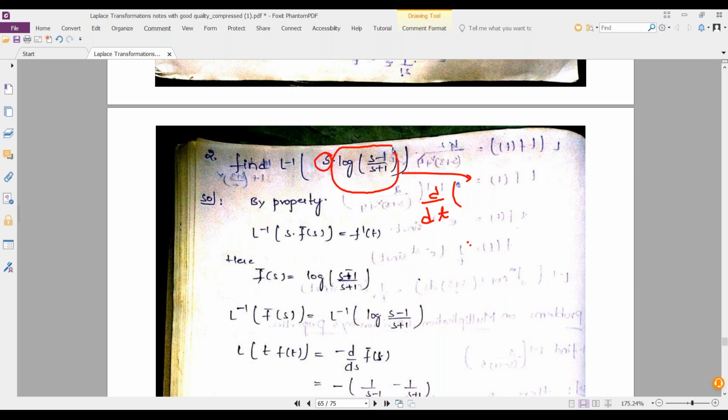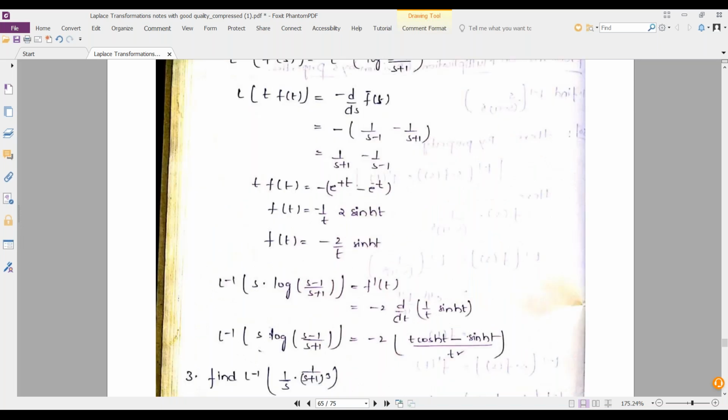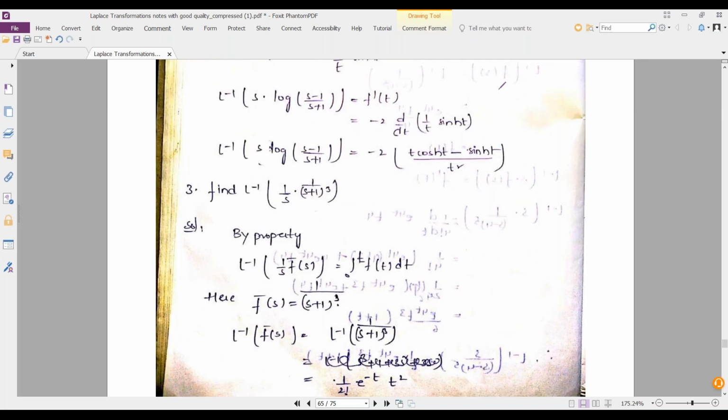So finally, I want to say you guys be thorough with the properties. Try to play with the properties. If possible, daily write down the formulae, and write down from Laplace to inverse Laplace and inverse Laplace to Laplace. Then only it is comfortable. Practice in such a way, Laplace to inverse Laplace and inverse Laplace to Laplace.